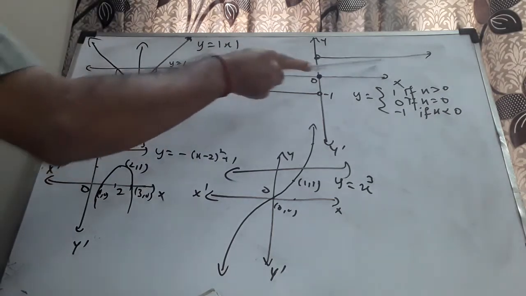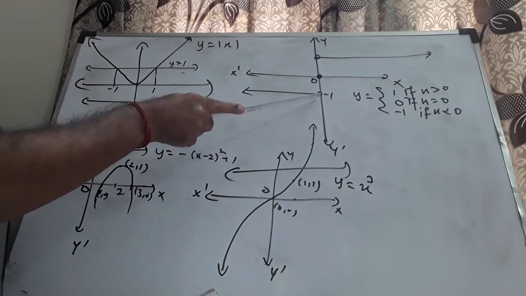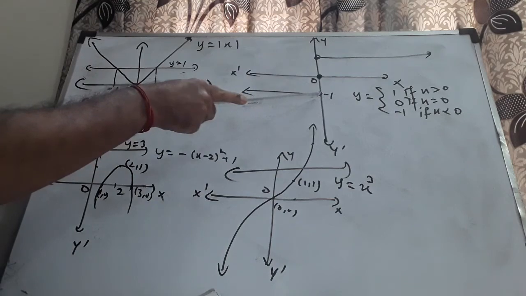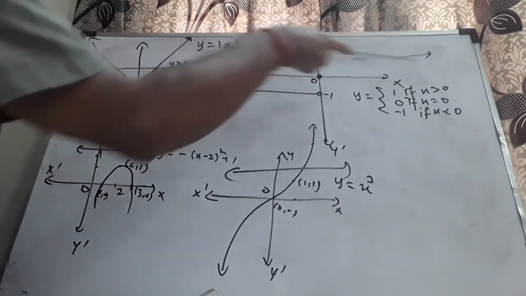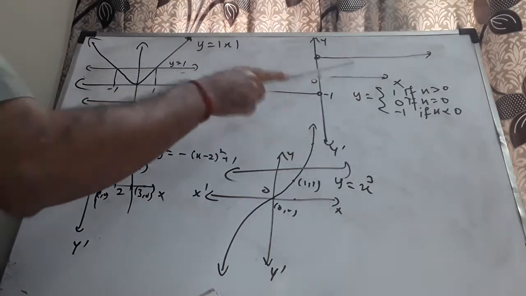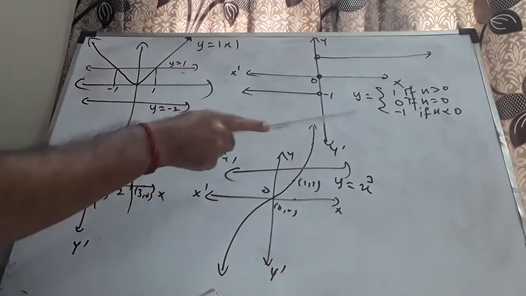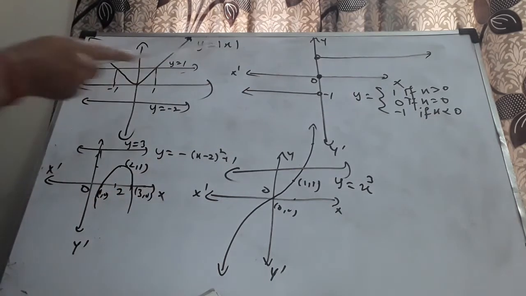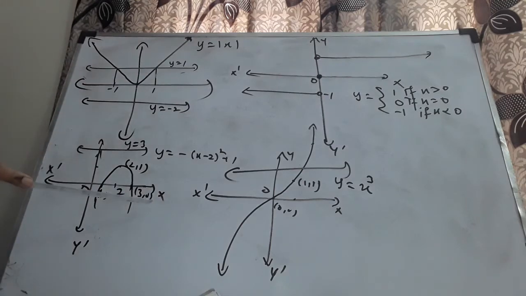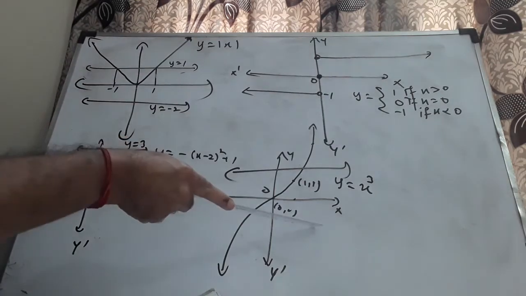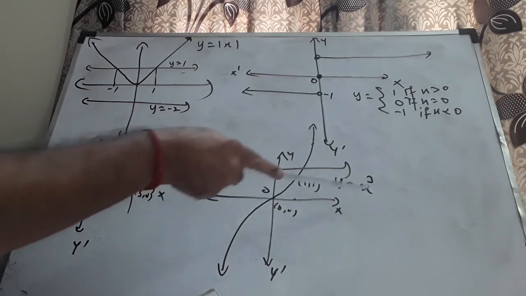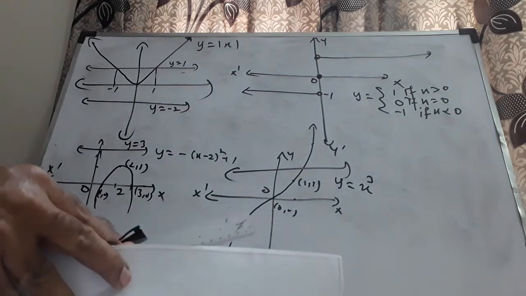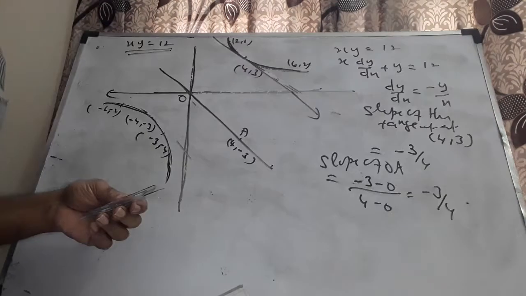Here, these two lines themselves are horizontal lines. Therefore, -1 will have so many elements of the same image, -1. All the positive elements have the same image, 1. Therefore, it is not 1 to 1, it is many to 1. Except 1, 0, -1, no element will have a pre-image. Therefore, here it is not 1 to 1 onto, it is not a bijection. It's not 1 to 1 onto, not a bijection. In the last case, it's both 1 to 1 and onto. It is a bijection. It has an inverse. The inverse is given by x power 1 by 3. This is the meaning of the horizontal line test.